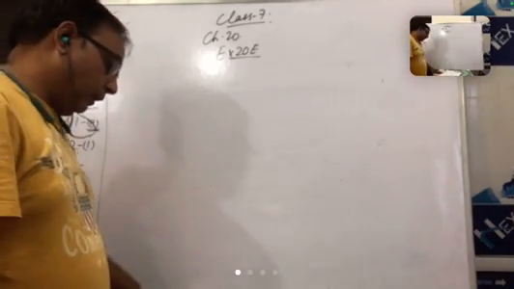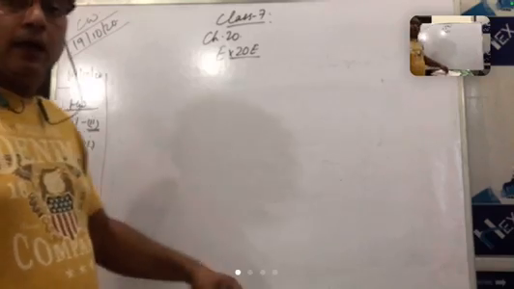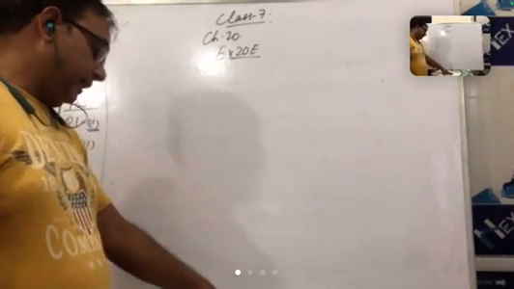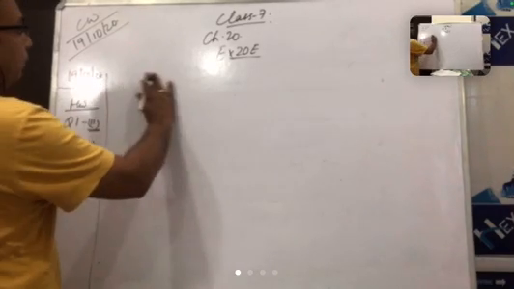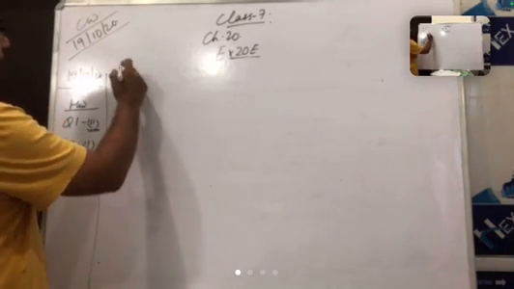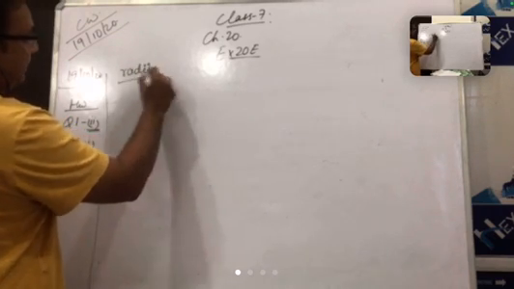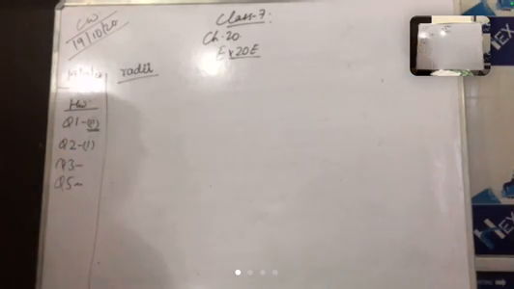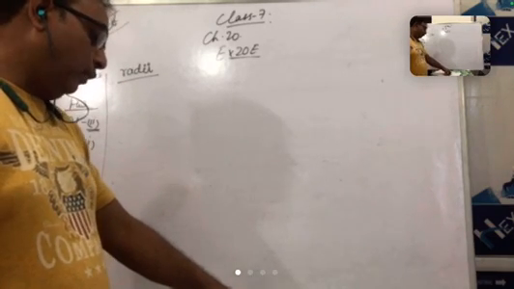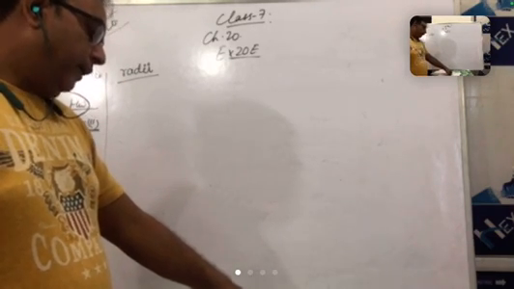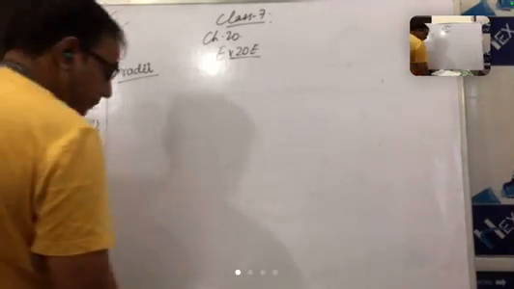Now the question number 7. Question number 7. Now I am reading the question number 7. Everyone check in the book. The ratio of the radii. Okay. The plural of radius is radii. Clear? The ratio of the radii of two circle is 5 is to 3. Find the ratio of their circumference. Okay, good.